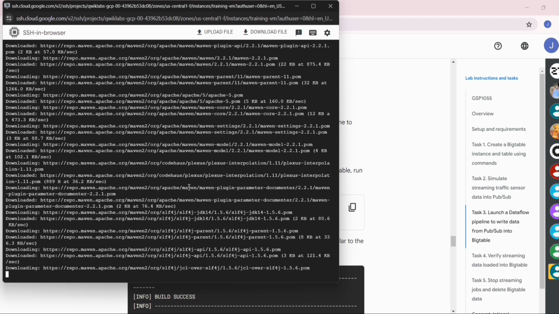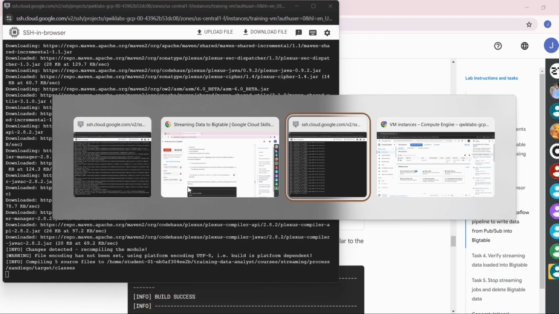Let this command run. Meanwhile, go to the cloud console